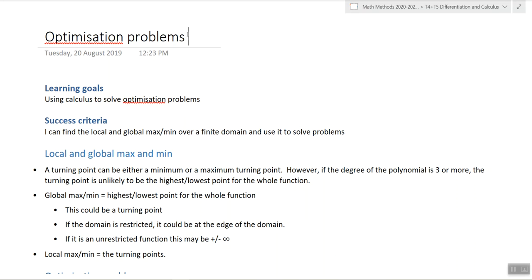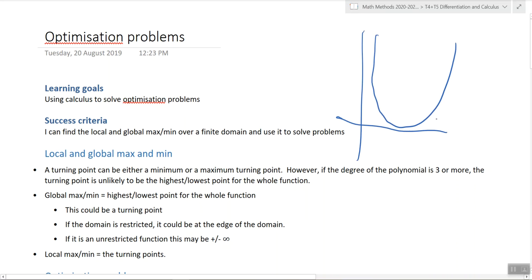So you remember yesterday, what did we do? We did stationary points, okay? So we're going to follow on from that stationary point topic. If this is a quadratic equation, I don't know, x squared plus 3 or something, the stationary point is the point where the gradient is 0. So you find the stationary point, you then test values around the point to determine if it's a max